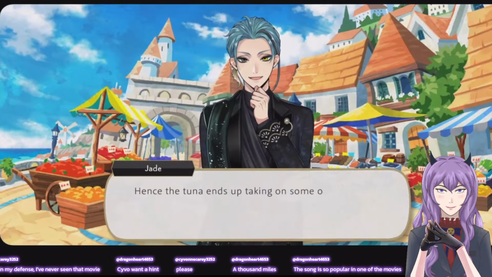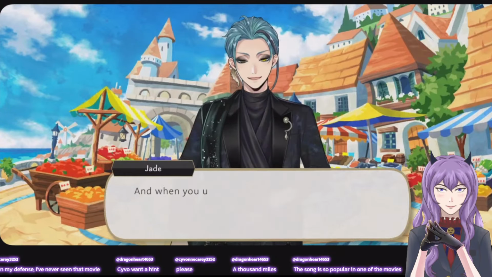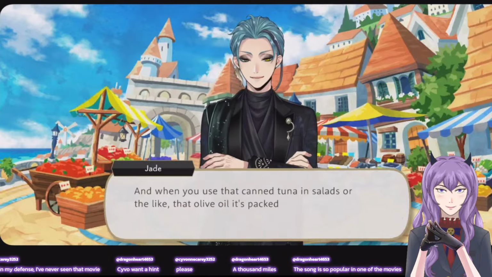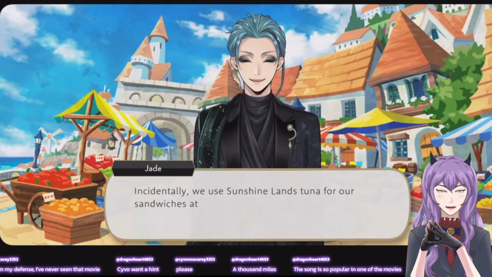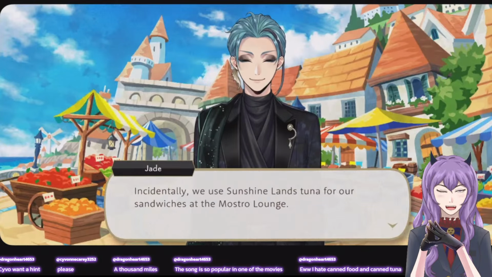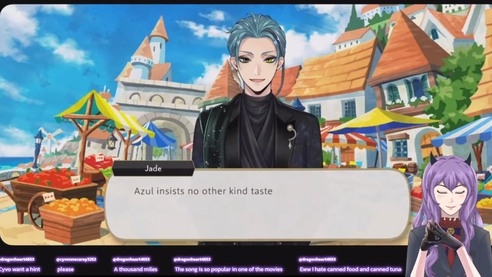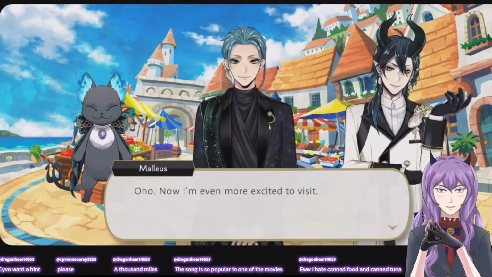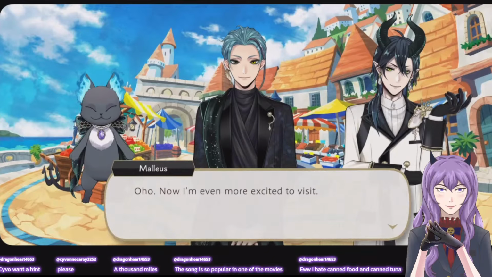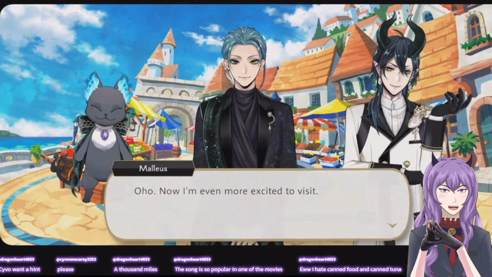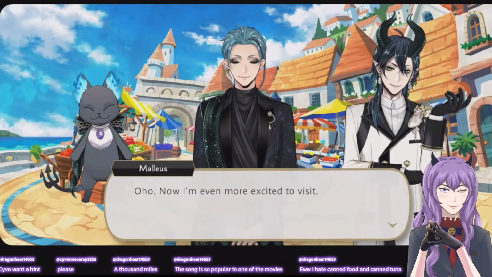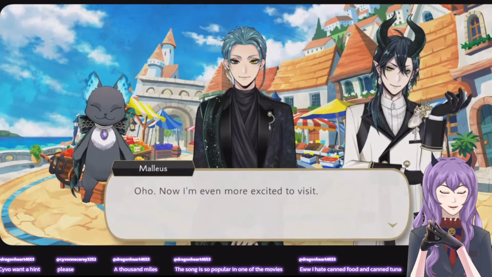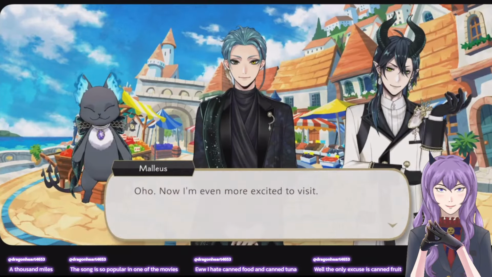Oh. I mean, that does sound tastier than the regular canned tuna I've tasted. Okay. I'm not a big fan of canned tuna, but this sounds like it could be tasty enough for me to try.